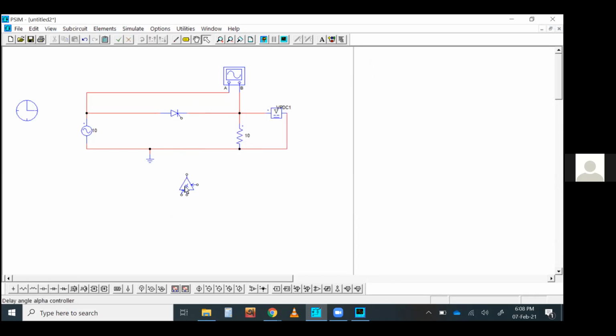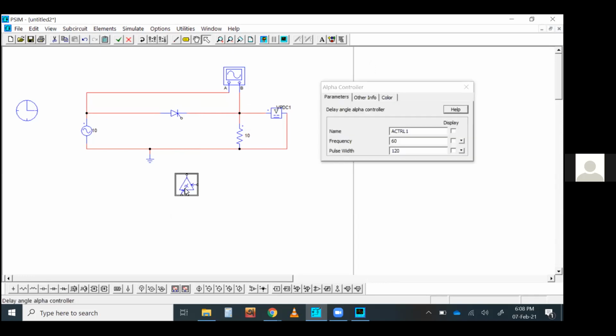Okay. So what does it do? If you double click it, you go here and you can see there are some parameters it's asking. So it's asking what is the frequency. Actually, what this alpha controller does, it will generate the firing angle by itself. You don't need to worry about the firing angle, because in the sine wave you have seen at what time the thyristor should get a turn-on pulse.